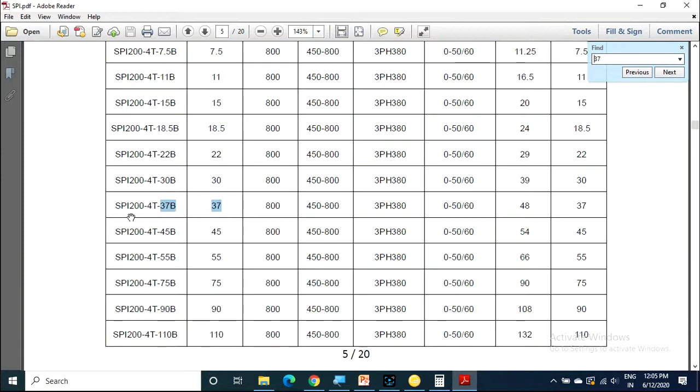So this is SPI solar pump inverter 200 40 37B. That means rated power is 37 kilowatt.